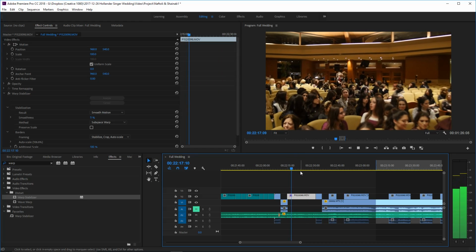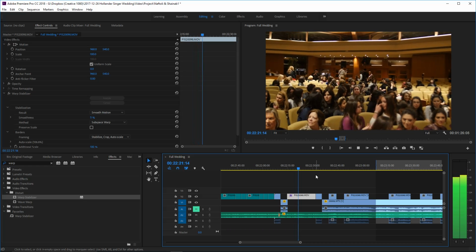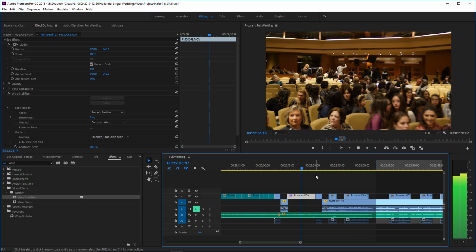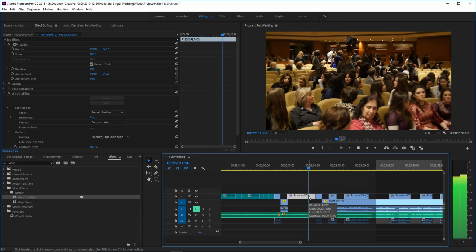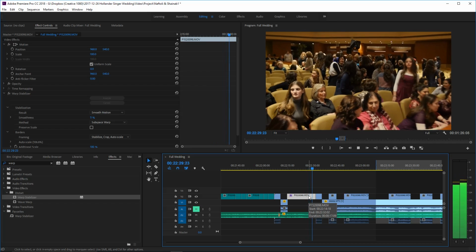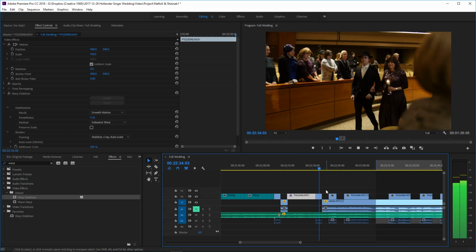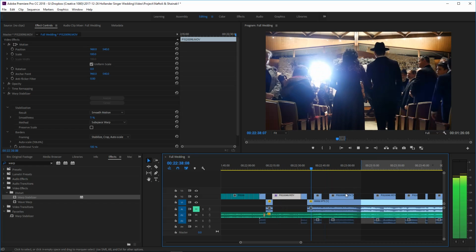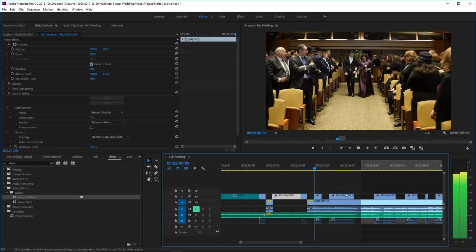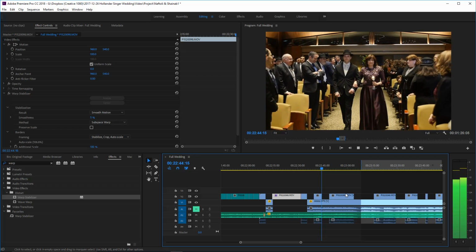Let's just try minimizing the stabilization a little bit. Okay, that might have done it. It wasn't a terrible clip to start with, so I always want to go back and check that it kind of worked. That's definitely better than what we had before, and it's a nice shot, so it's going to stay in.